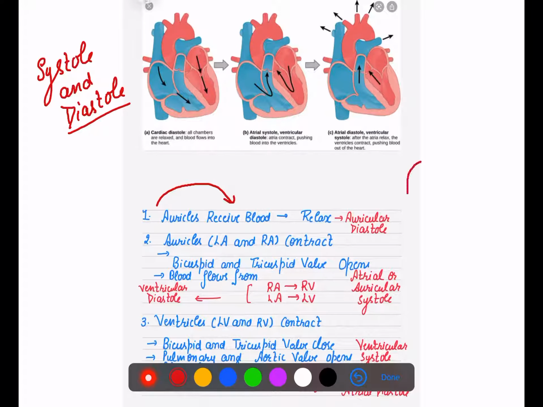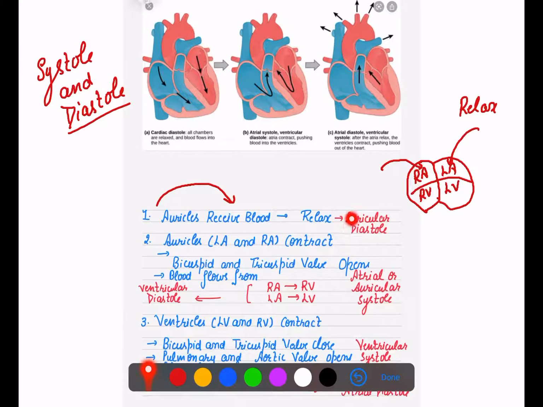So let's draw our basic diagram of heart. Here we are drawing four chambers, that is left atrium, left ventricle, right atrium, right ventricle. So now we are saying that when these auricles receive blood, they relax, only they relax, right? And that type of condition, when relaxed, is known as auricular